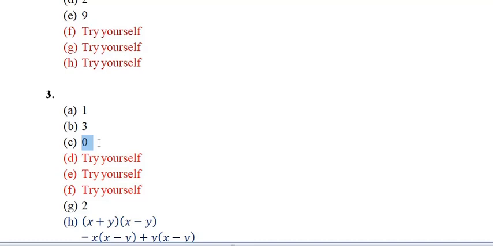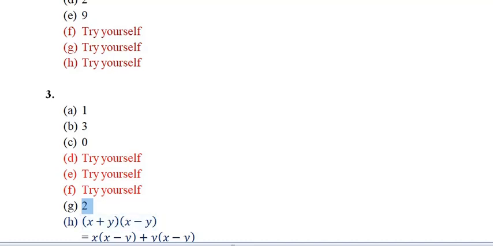Now in question number G, you can see that there is only one variable, that is x. So when there is only one variable, you will take the highest degree of that particular variable. Here we have 5x square plus 7x plus 3. So there is only one variable, that is x. What is the highest degree of that variable? The power is 2. So you will write the degree to be 2 of that given polynomial.